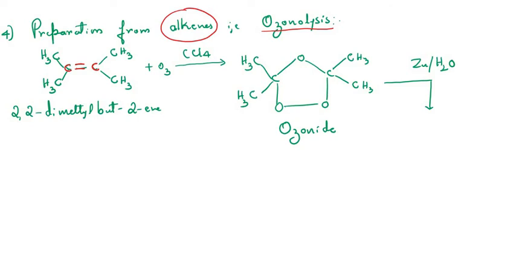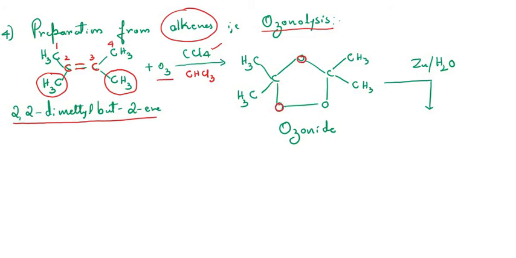So for the alkene, the example we have taken here is 2,3 dimethyl butene. If you see the numbering, first carbon atom, second carbon atom, third carbon atom, and fourth carbon atom. At the second carbon atom we are having one substitution called methyl. Similarly at the third carbon atom we are also having one substitution called methyl. So therefore the name of the compound is 2,3 dimethyl butene. And when it is subjected to ozonolysis, that is the addition of O3 in the presence of a solvent like carbon tetrachloride, or even we can add chloroform, the O3 will be added across the double bond in such a way that we are getting an ozonide intermediate.